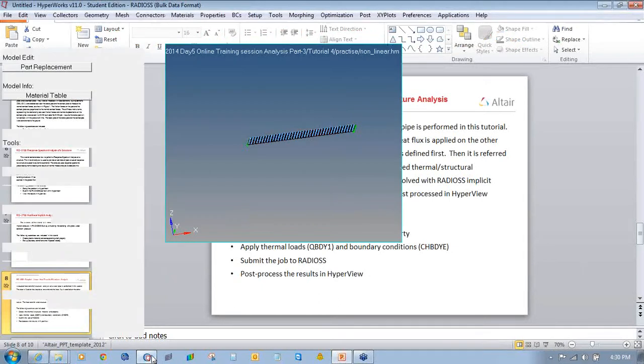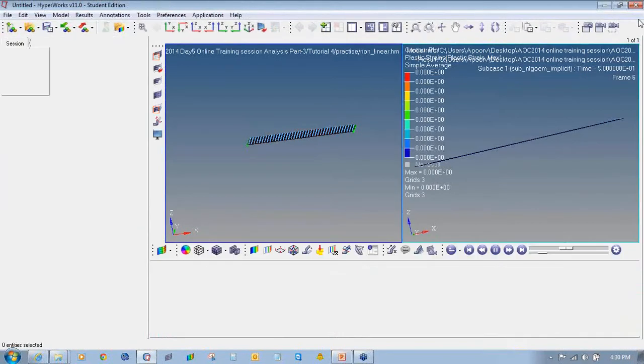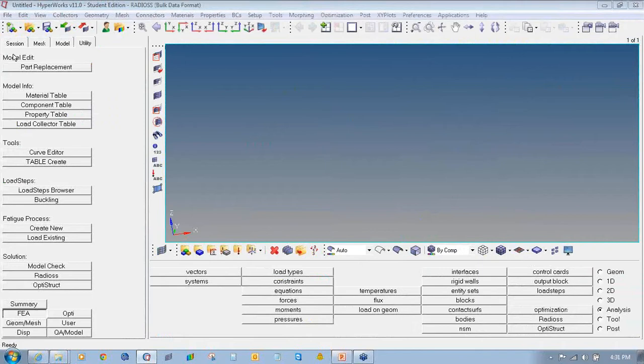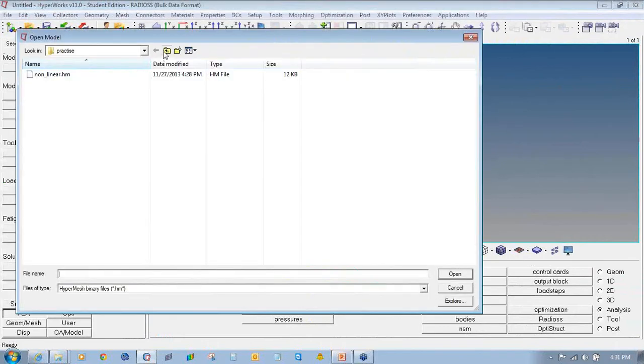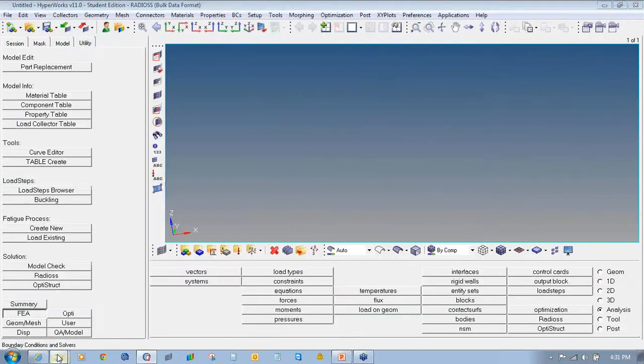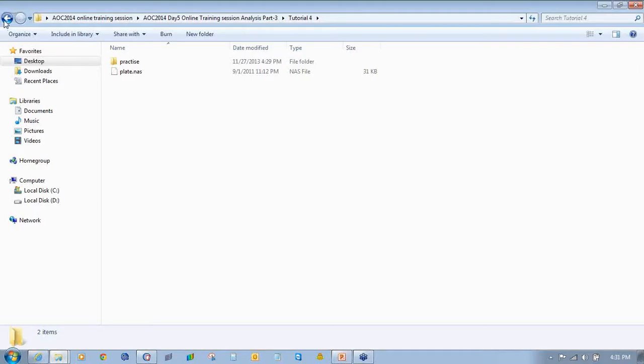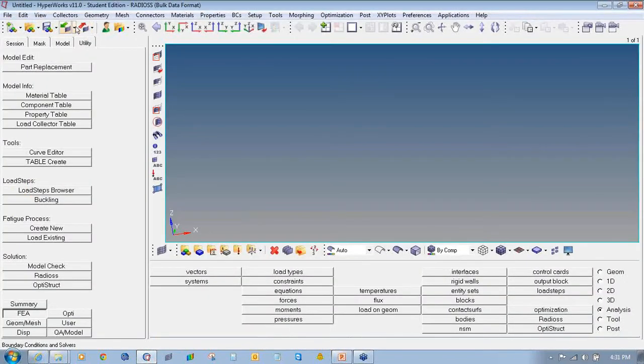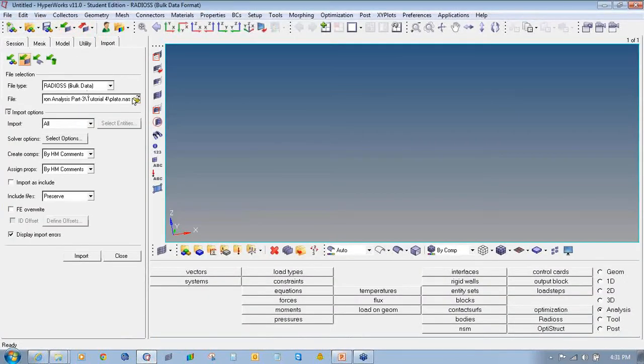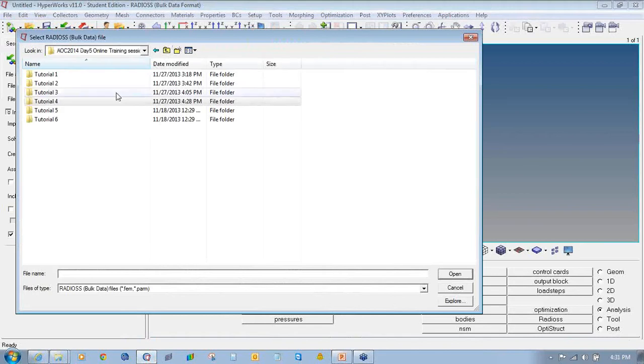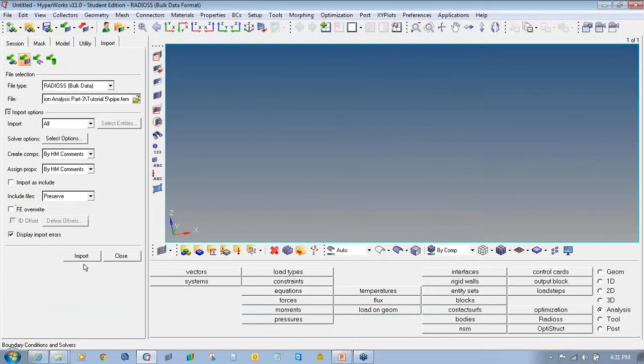So I will open this file, so we will open the file. I will check the file type. The file is FEM, so I will import it as a solver deck. Select import.